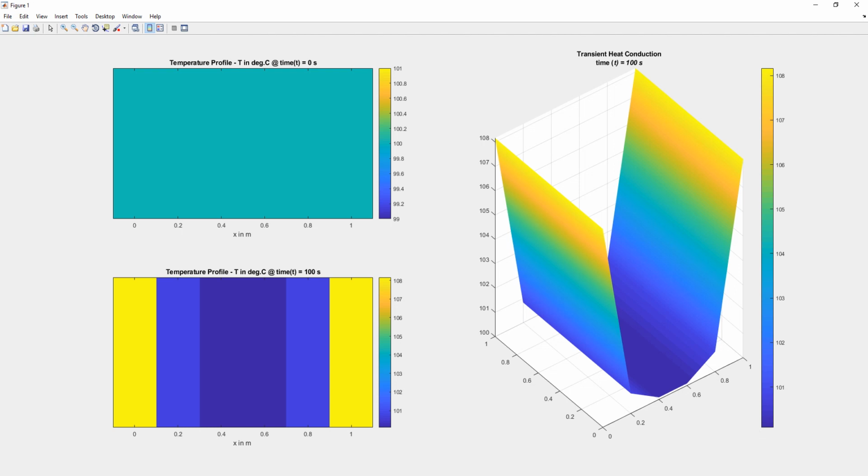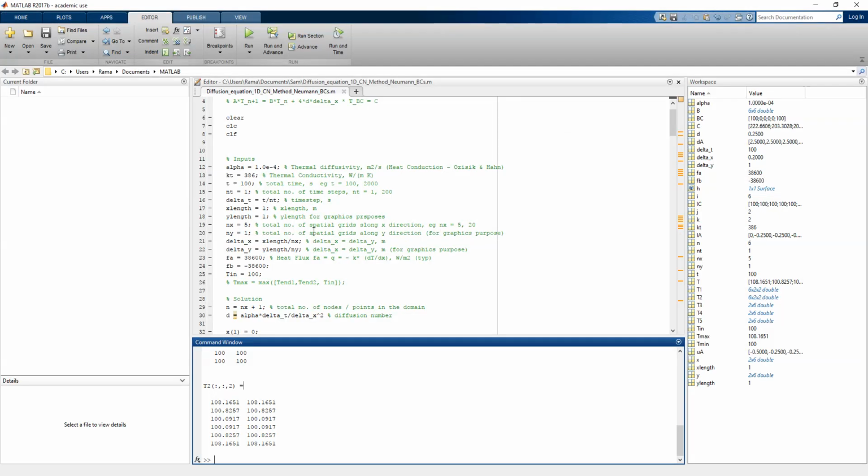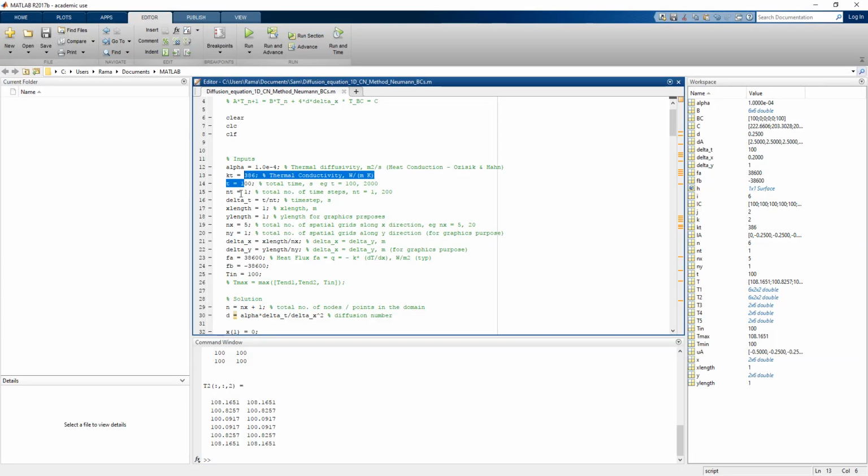Now we can go back to the program and make some changes. Let's make the total time 2000 seconds, and the number of time steps 200, and we'll increase the number of segments of the bar. We can change from 5 to 20, and we can rerun the program again, and we can look at the